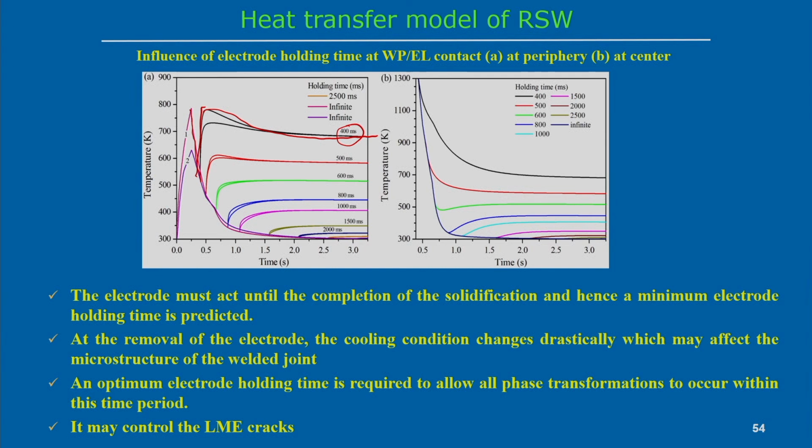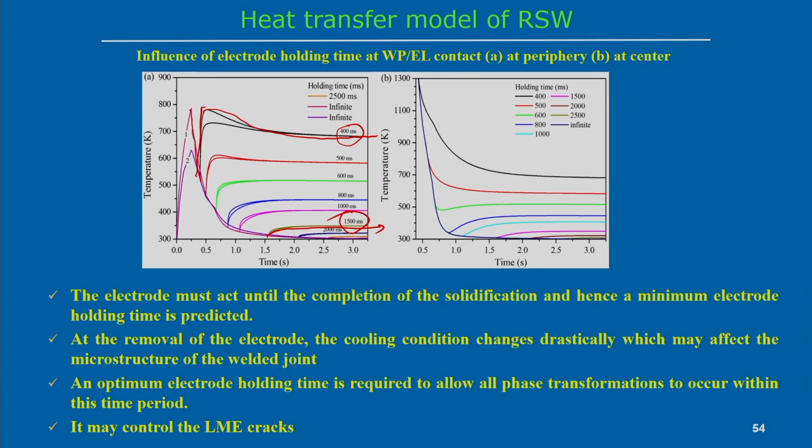This typical temperature behavior we can link with the microstructure formation. One kind of structure formation can be linked with a particular material also. If the electrode holding time is, for example, 1500 milliseconds, that means we allow it to cool down up to 1500 milliseconds, then you remove the electrode, and the temperature will be near the ambient temperature. So from here we can estimate the minimum time, or we can modulate the electrode holding time, just from the information from the numerical simulation.